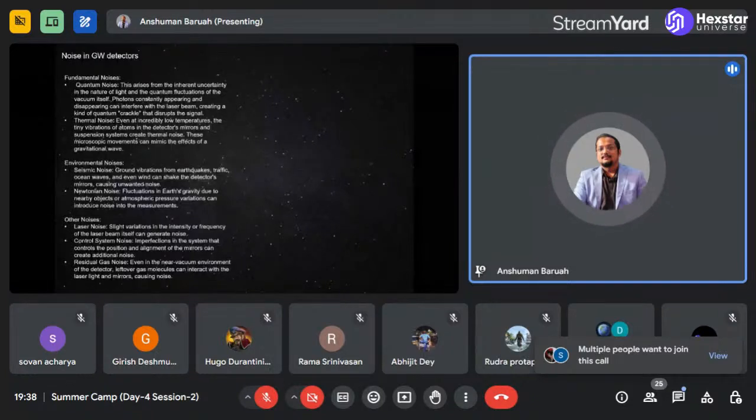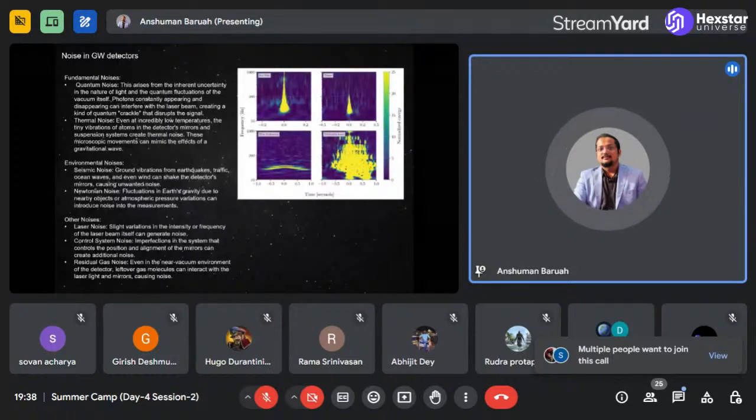Now, mind you, spectrograms are not the only way we measure gravitational wave signals, but this is one of the most important ways in which we see and measure gravitational wave signals. And the light-colored regions that you see in this plot, shown specifically as yellow, are actually noise signals. So noise signals have specific patterns.